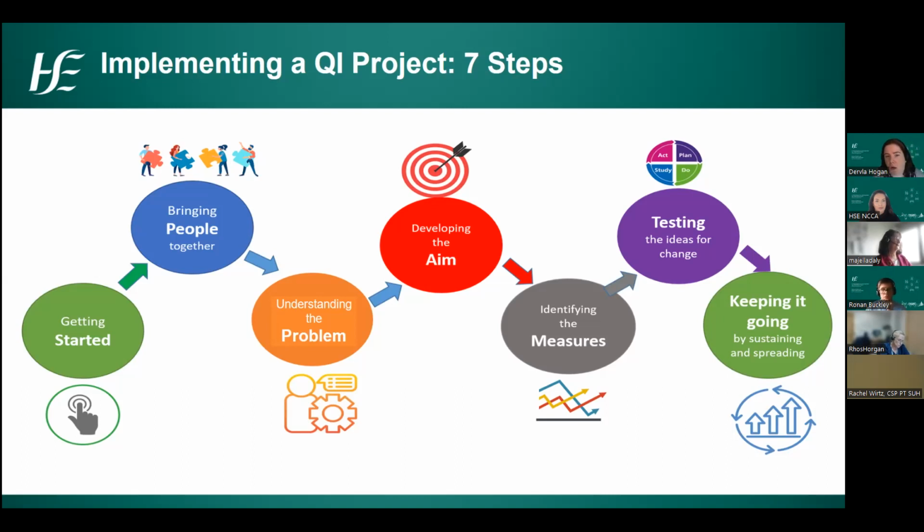And now you need to work on developing an aim around what you want to achieve within this QI initiative to address the actions that are coming out of that recommendation. And then there are ways of identifying your measures, then moving on to the actual testing of ideas for change. And I suppose most importantly, and whilst it's at the end of step 7, it's probably a step that you